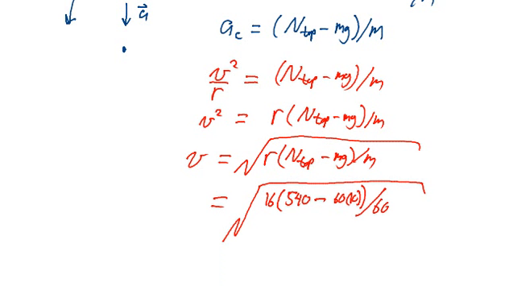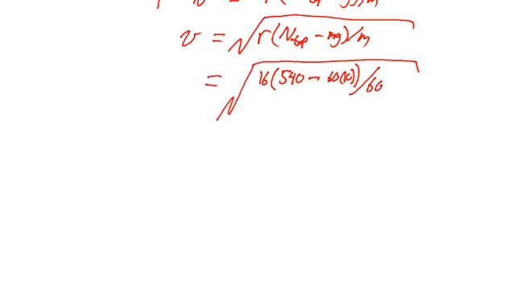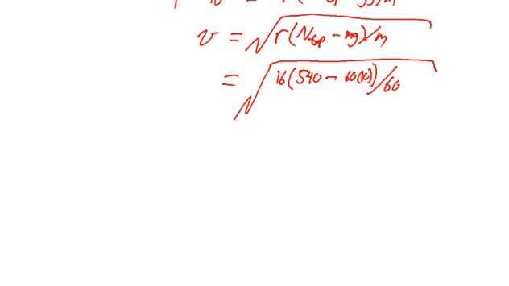So that's going to equal negative 60 times 16, and then that's divided by 60. Alright, so that gives me the square root of negative